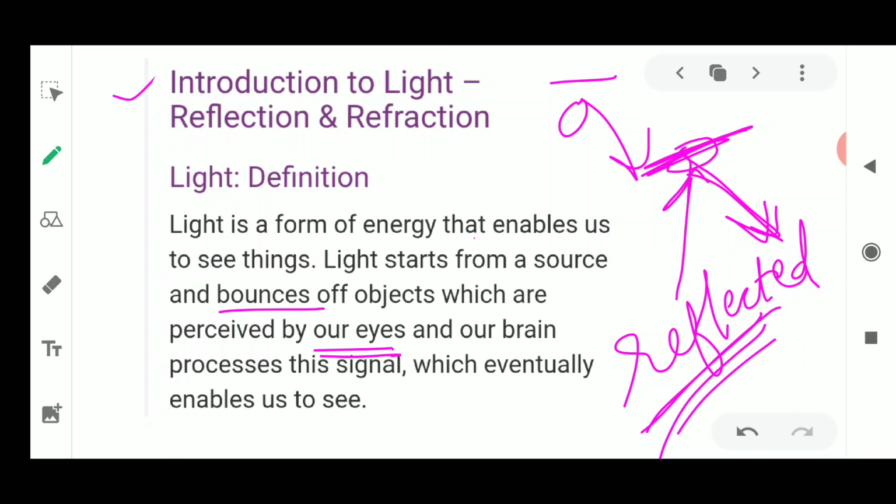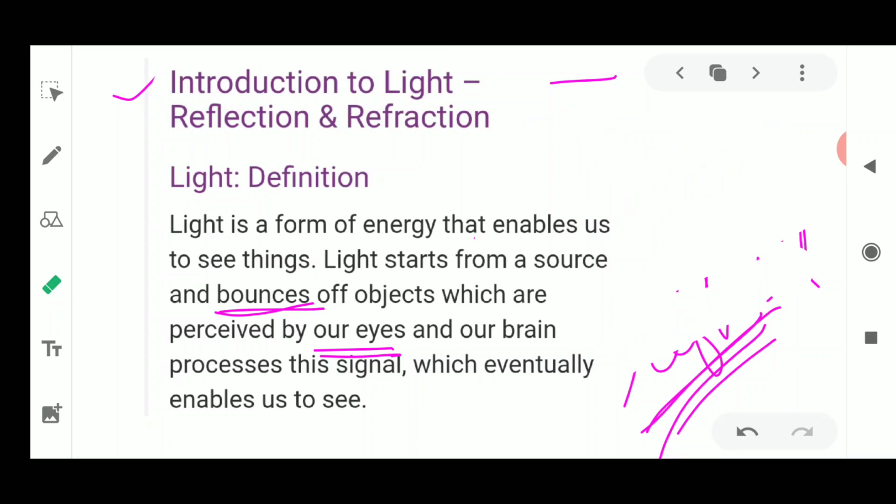When sunlight falls on the chair or any other object, the chair sends some light. Please remember this word: it bounces off, it is reflected, it sends some light. Now how is it sending? It is sending because of the phenomenon known as reflection. So it is reflecting some light, and this reflected light reaches our eyes, and we are able to see the chair, because in our eyes light appears to come from the chair. If we are able to see the chair, it means the light is coming from that surface after striking it. That is why this process is known as reflection.